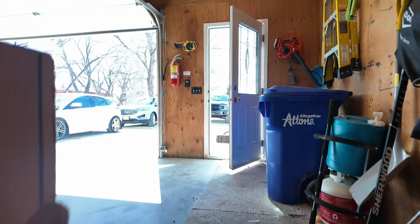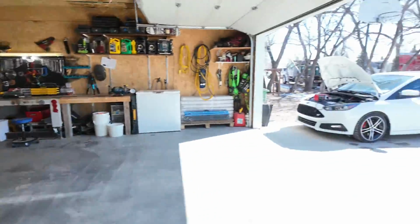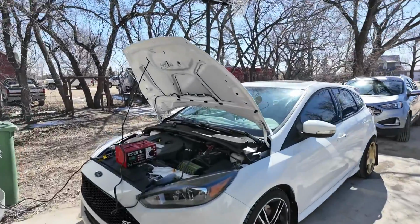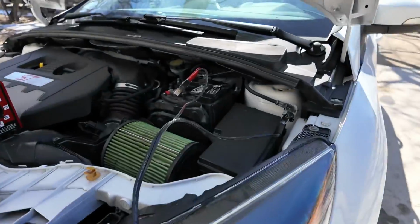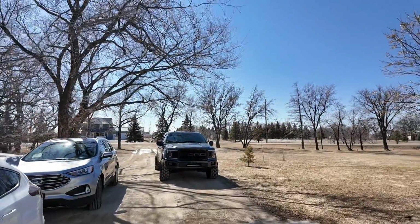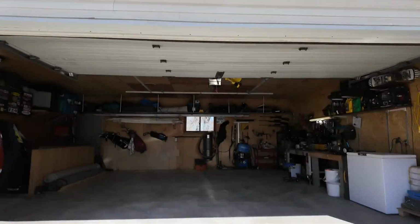All right, what a day it is. Finally got some beautiful weather. Got the garage all nice and clean. We got the focus on the trickle charger. The battery's not doing so well these days, so we're gonna give it a nice little charge. Truck started warming up. We're gonna go wash it, get some food, and then we're gonna come back here and